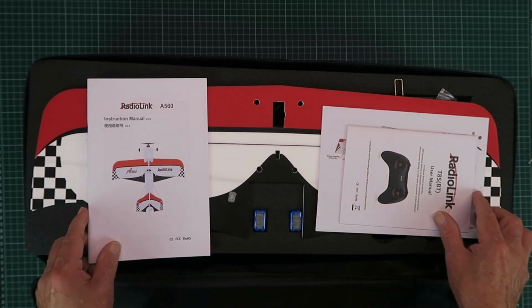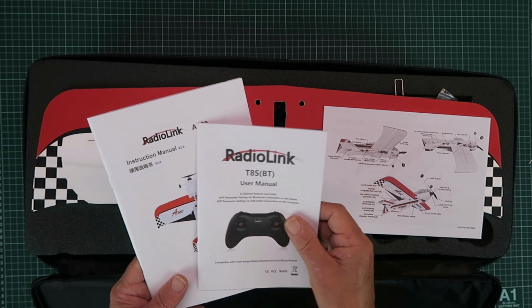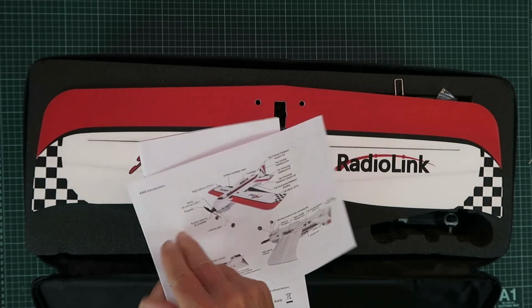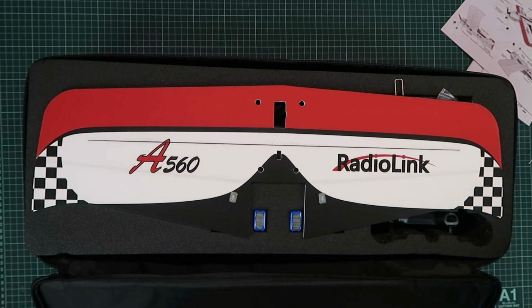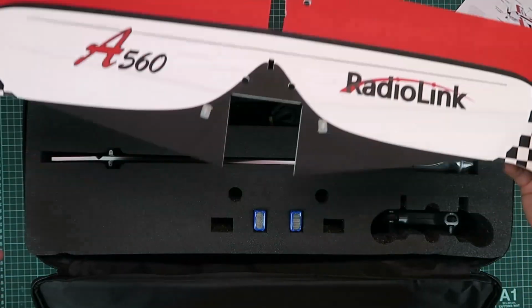is the updated version. So we have our manual for the supplied transmitter, which also has Bluetooth and an app for your phone, and we have what appears to be like a brief introduction pamphlet. Put those aside for the moment. And clearly we have the main wing there,